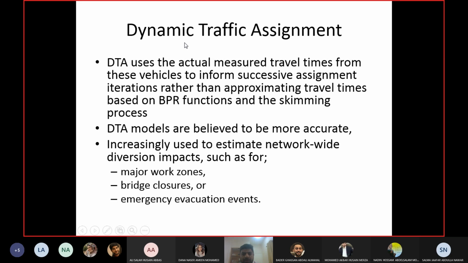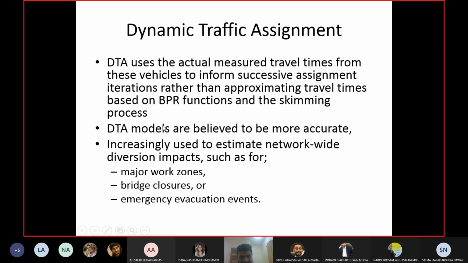So you keep on finding out the real travel time. Okay, so you may install some sensors on the road to find out the dynamic travel time, the real travel time. Okay, and obviously you have the real travel time, and then the process is the same. You have the real travel time with these trips now. Now you will recalculate the shortest path, and then you will reassign the trips. Okay.